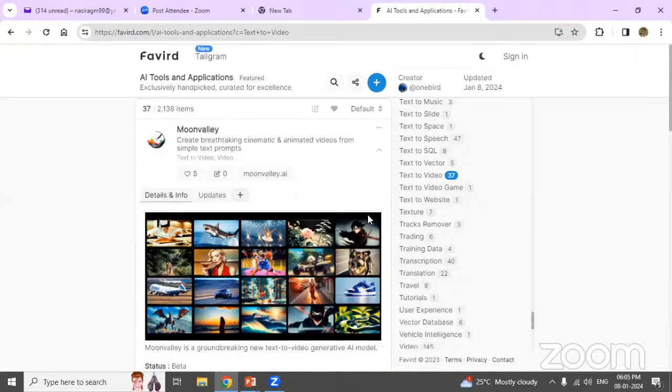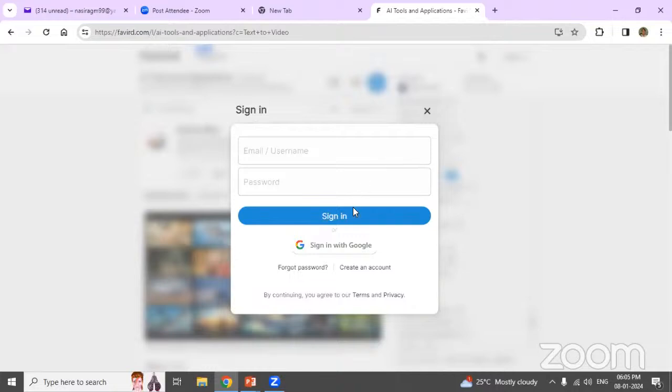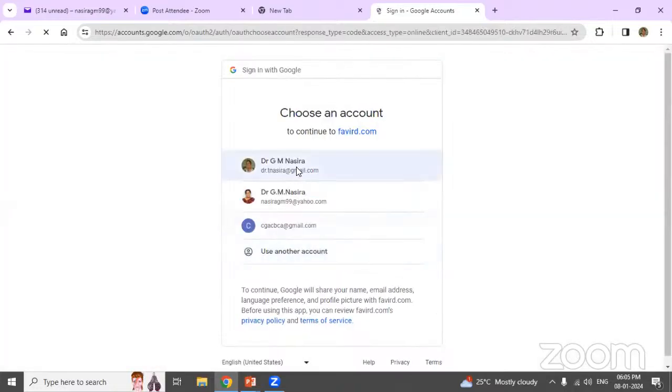For everything, one thing you have to do is always log in. You can log in with your Google account, your Gmail account. If you don't have a Google account, you can log in with your Gmail account to use all these tools. I will post the link.